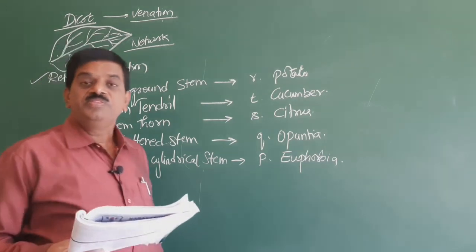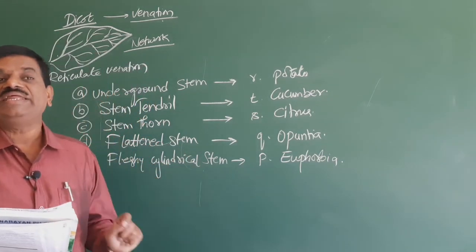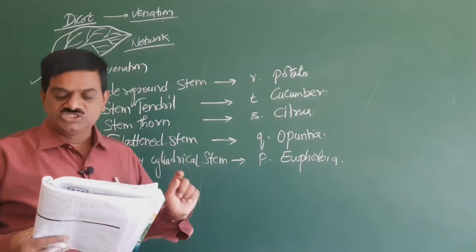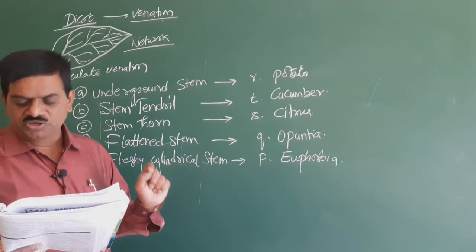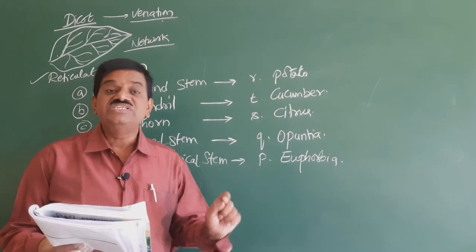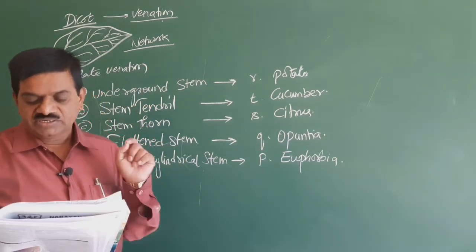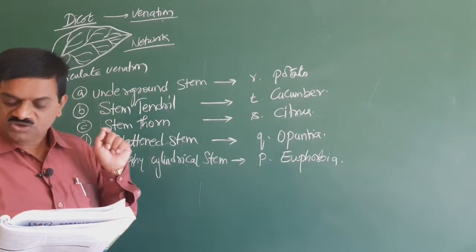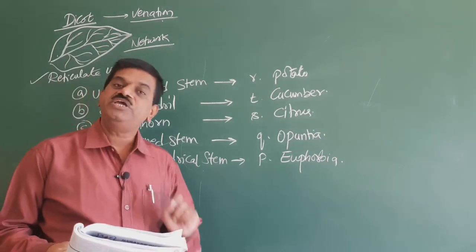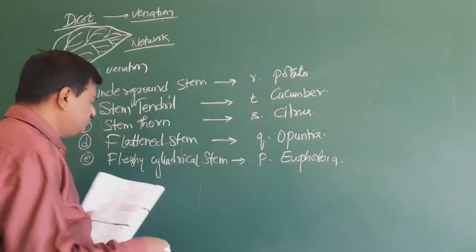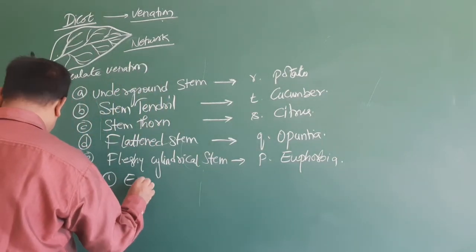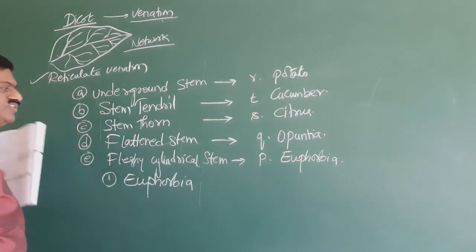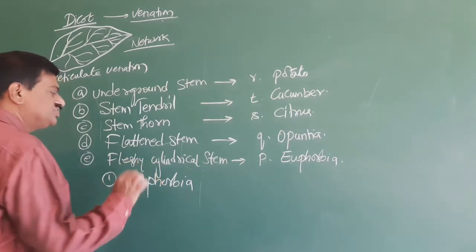45. The plant of arid. The word arid is nothing but it is a dry areas, xerophytic areas. So plants growing in dry or xerophytic regions with a flat green stem carrying out photosynthesis. Here the stem is flat, green and helps in photosynthesis. Here the first option is called as euphorbia. Euphorbia has a presence of a cylindrical stem, but here this is not the answer.